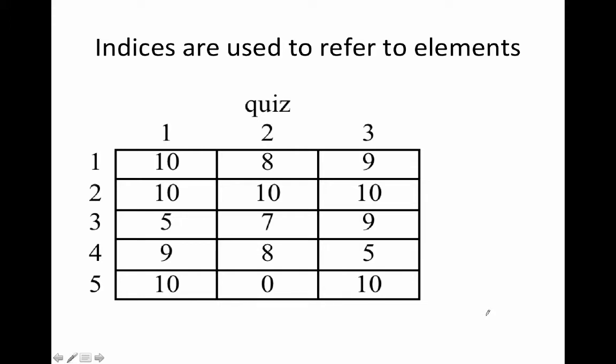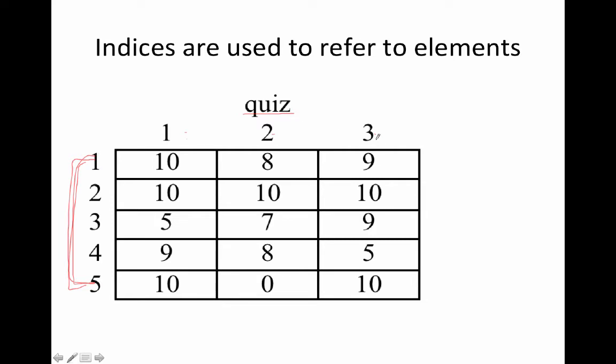So here's an example of a two-dimensional array variable called quiz. In this case, we have 5 rows and 1, 2, 3 columns. So this is a 5 by 3 array. So for example, this might represent quiz scores for some students. The 5 here might be 5 different students, and then 1, 2, 3 different quiz scores for each of the